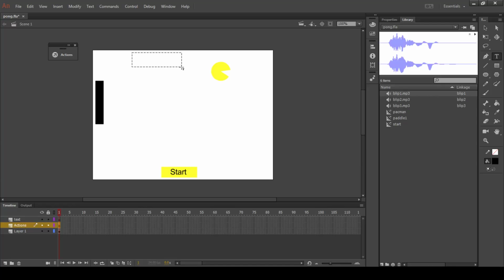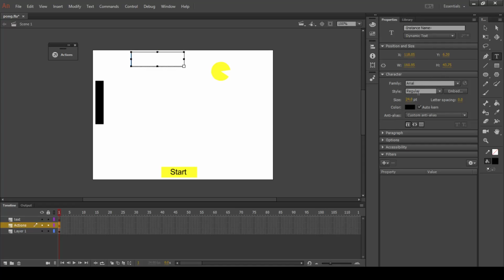So adding text is kind of weird, and I'm not sure why Animate does this, but if we want to add text, if we go to the properties, we can change the font and those kinds of things. But if we want to have it run with showing us some text in here, we have to do what we did with the sounds. We have to activate them or get them ready for when we publish them. So even though it shows we can use Arial or whatever font we choose, we have to embed it into our project. So all we do is click this embed button,